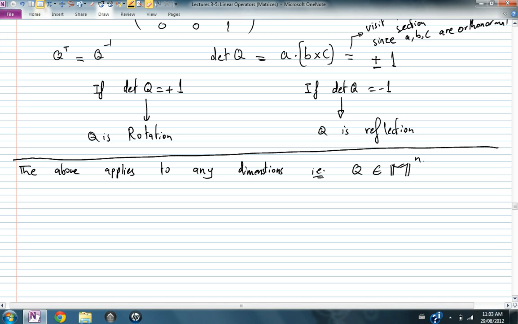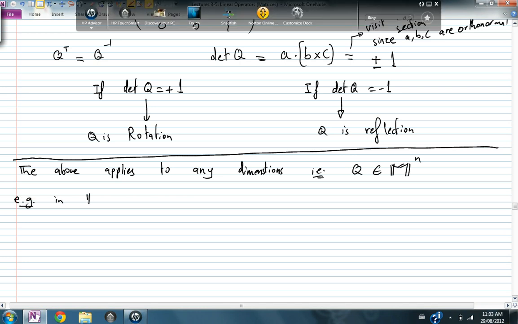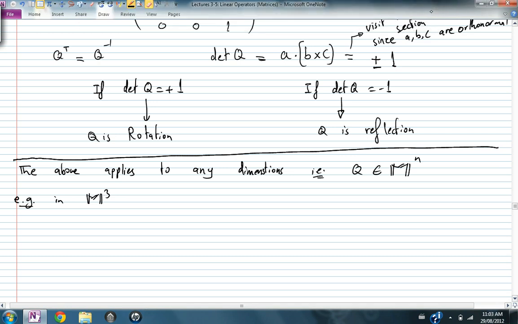It's going to be the same. If the determinant is 1, it's going to be a rotation. If the determinant is -1, it's going to be a reflection. So let's look at examples in M3. First example